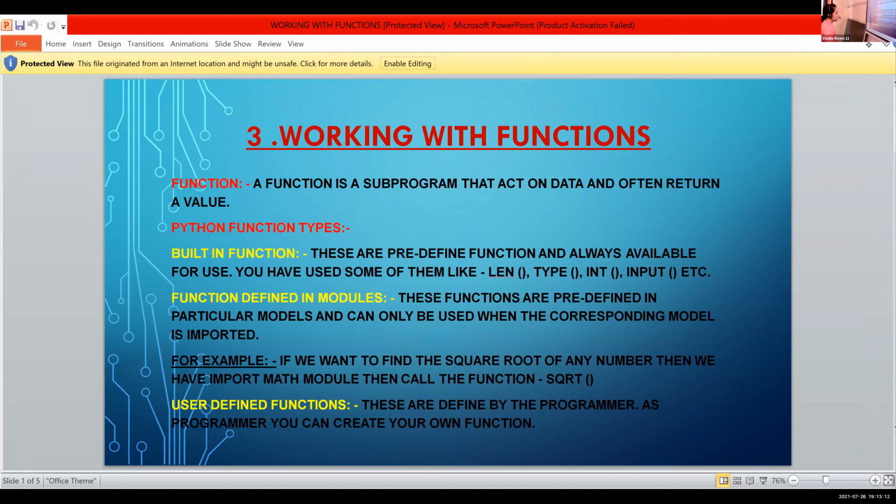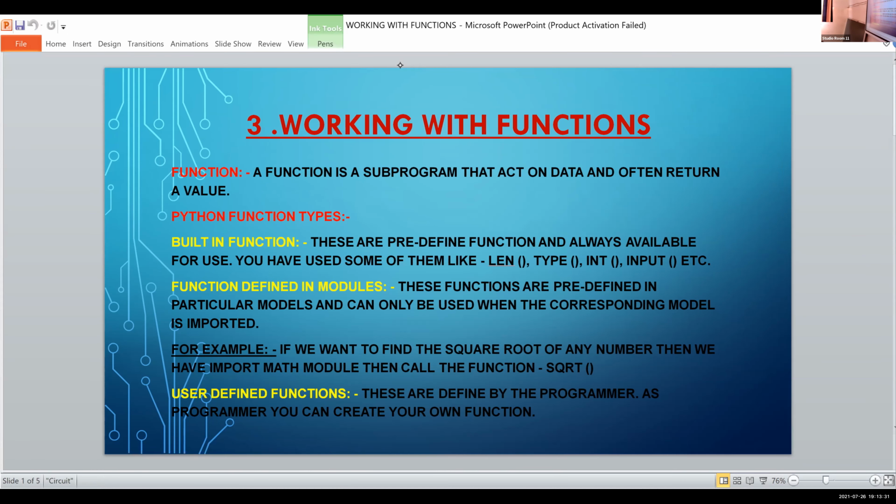A function is a subprogram that acts on data and often returns a value. This is the new chapter, the third chapter, working with functions. A function is a subprogram that acts on data and often returns a value. You write the definition of function only.